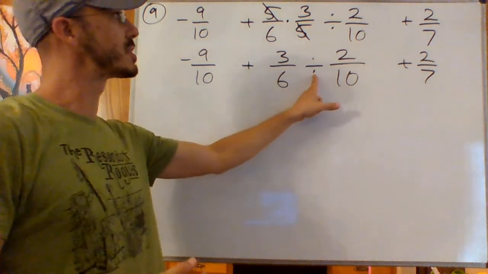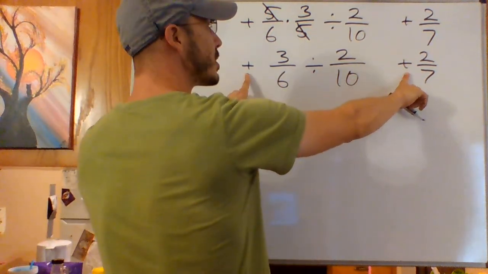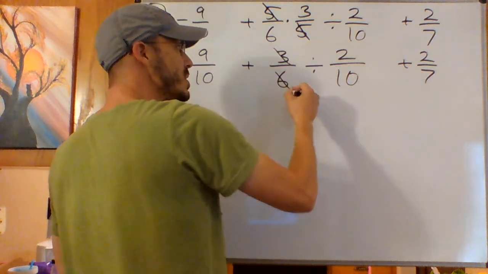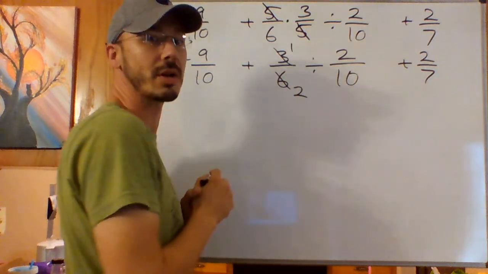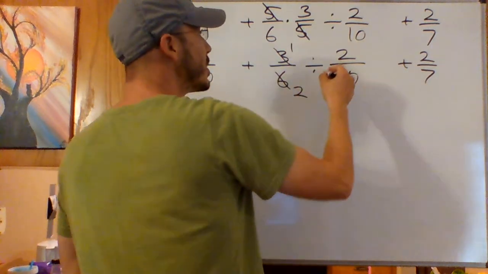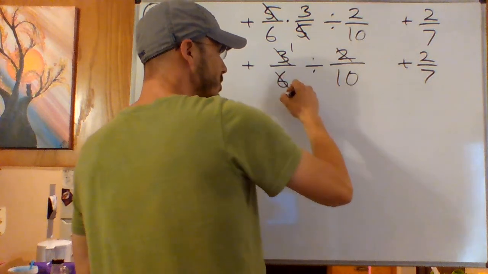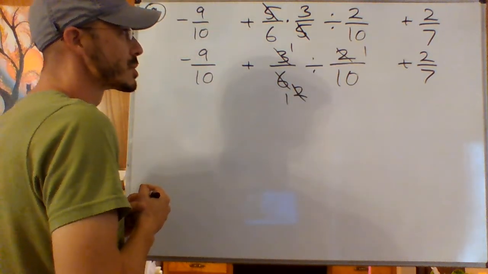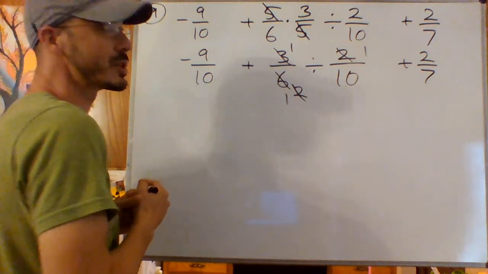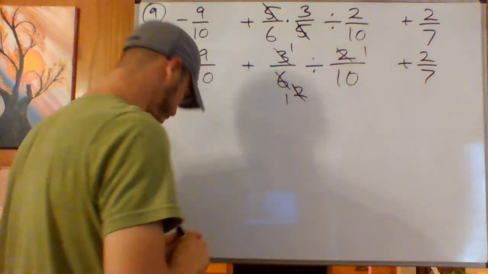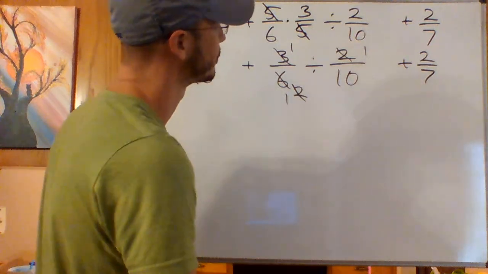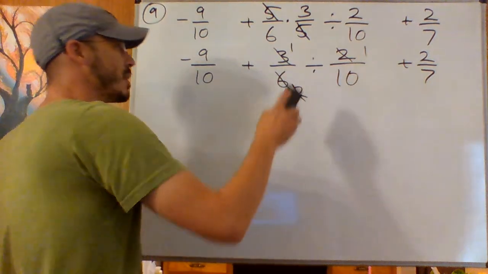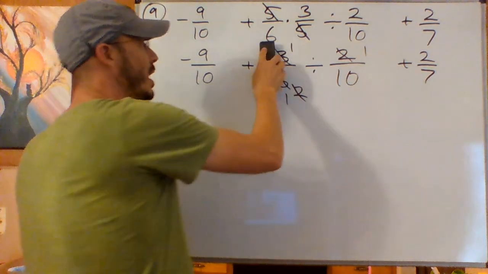Now, there's still a division, so I'm still not ready for the additions here. The 3 cancels with the 6, leaving a 2 and a 1 up there. And the 2 cancels, leaving just 1, really. So there's some cancellation, and my division is going to, well, I haven't done my... that's not right. I need to change my